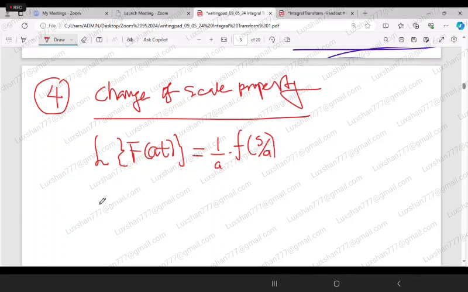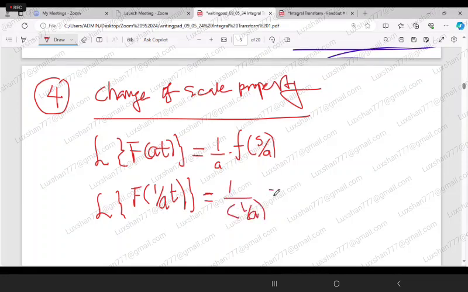Now, if instead of a, I put f of 1 over a t, then what is the Laplace transform of this? Instead of a, I am putting 1 over a. So wherever I have a, I am going to put 1 over a, equal to